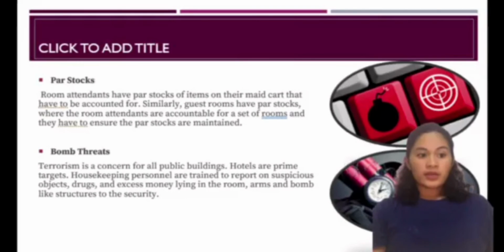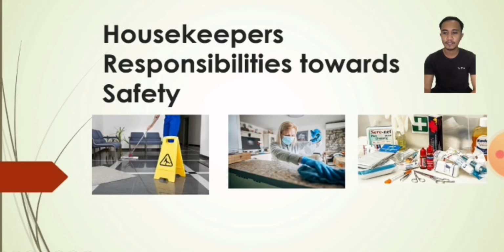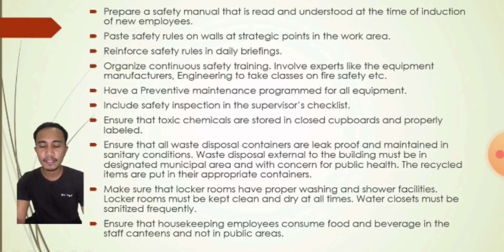Bomb threats. Terrorism is a concern for all public buildings. Hotels are prime targets. Housekeeping personnel are trained to report suspicious objects, drugs, and excess money lying in the room, and arms and bomb-like structures to security. Housekeepers' responsibility towards safety: prepare a safety manual that is read and understood at the time of induction of new